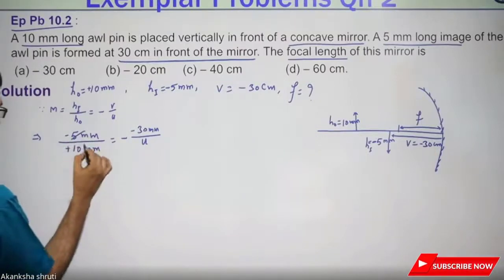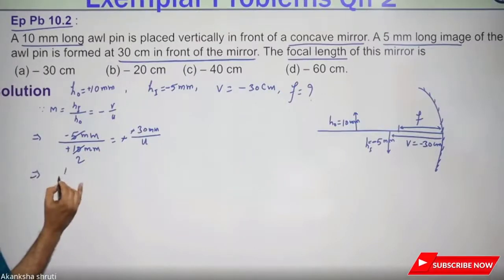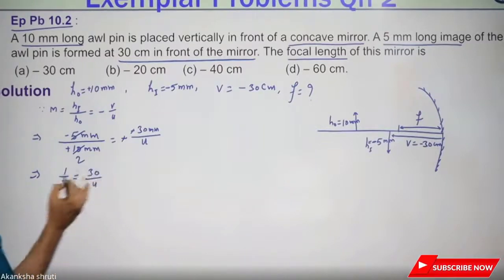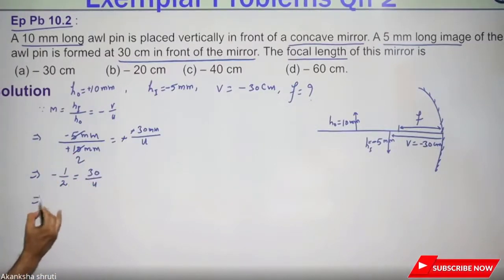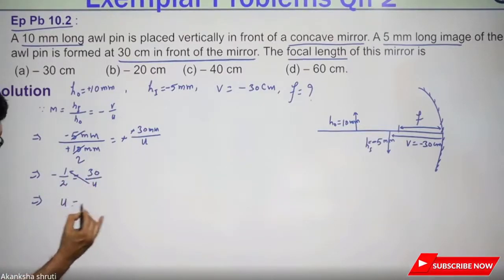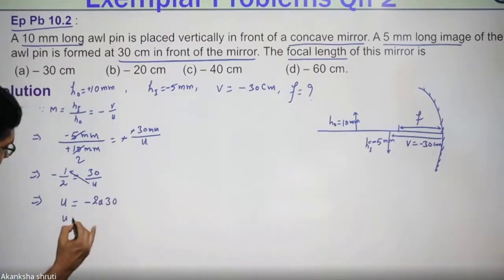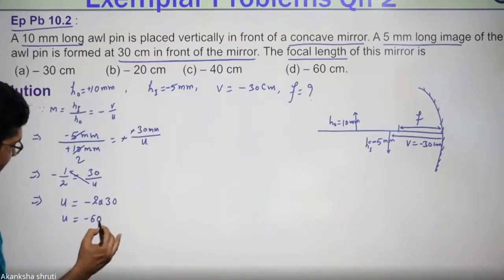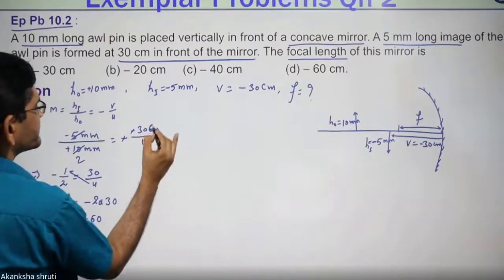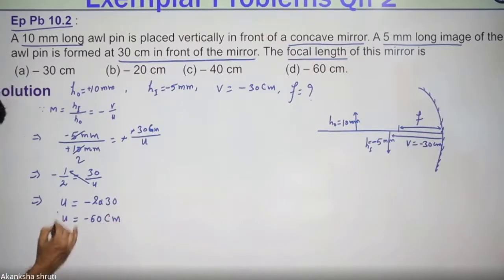Now this will go 2 times, this minus and minus will get cancelled, so 1 by 2 is equals to 30 by U. Okay, but this is negative. So student, go for the cross multiplication, it will come here, it will come here, and minus can be sent on the right hand side. So U becomes minus of 2 into 30, so U value is minus of 60. What is the unit, student? This 30 is in the centimeter, so this is our centimeter. V is in centimeter, the same U.